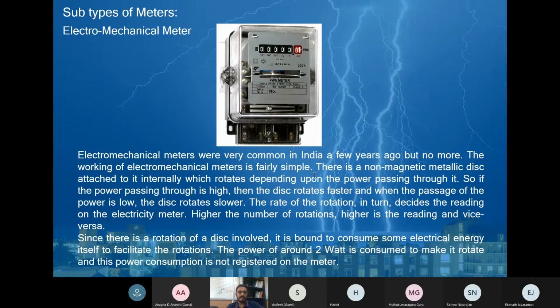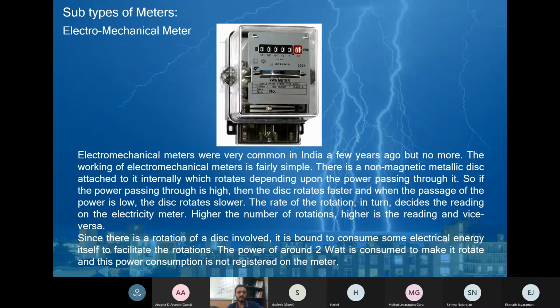With the advancement of technology, like any other gadgets, the energy meter has also been undergoing continuous development towards accuracy, low power consumption, transfer of data, measuring parameters, anti-tampering features, etc. and called electromechanical, electronic meter, smart meter, dual resistor smart meter, etc. So let us see one by one. First, electromechanical meter.